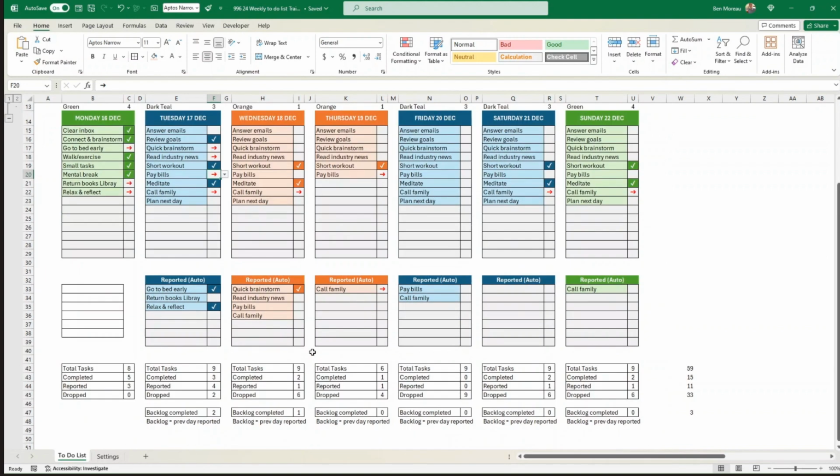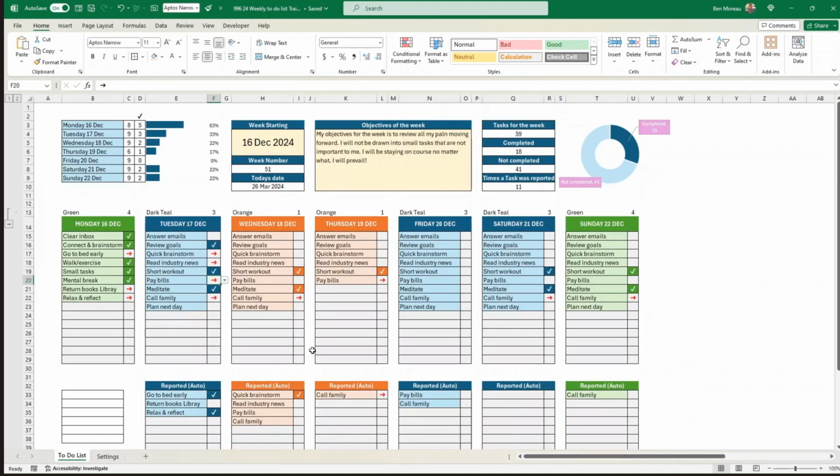As the week goes on, you can check your performance with several parameters at the bottom of each day. You can see the totals for that day. At the top of the screen, you can see your high-level performance for each day, including a percentage completion. On the right-hand side, you have high-level totals for all the tasks of the week presented in an easy-to-read and